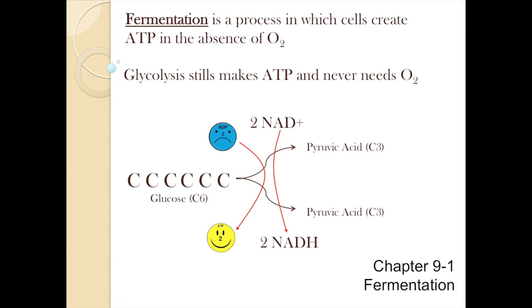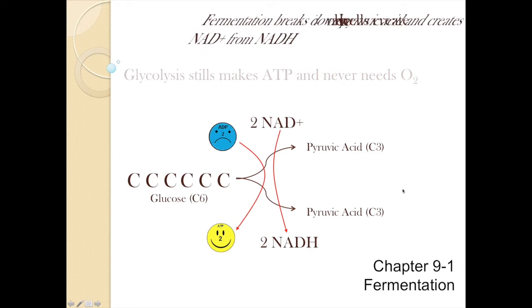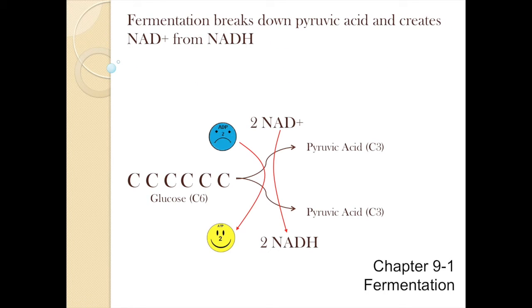So quick recap. Glycolysis, if you remember, does make some ATP, and nowhere in the reaction is oxygen needed. It takes glucose, breaks it down into pyruvic acid, creates some ATP, creates some NADH. But nowhere in here is oxygen playing a role. All right. So what's going to happen is if glycolysis is continuing, even in the absence of oxygen, it's going to continue making NADH, but it's going to run out of NAD+. It's one of the ingredients, and it's going to keep churning out NADH, and all of a sudden it's going to run low on NAD+.